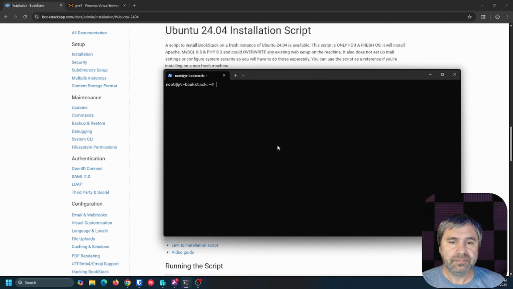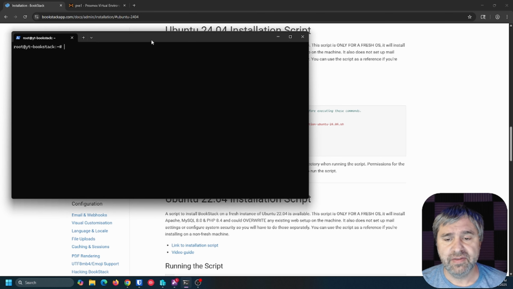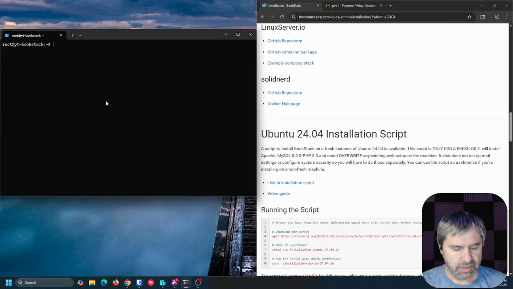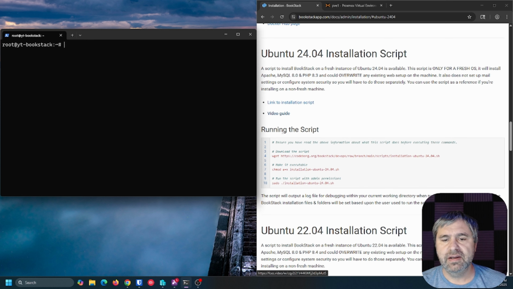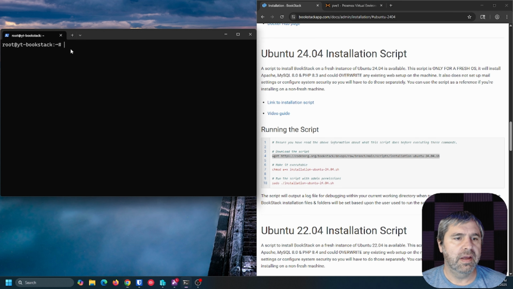So here I have an Ubuntu that I've already set up. It's just a fresh install. There's nothing special about it. And we're going to just run the commands, and then we will show you the web interface after that, and everything will be great. I am also going to increase its size a little bit so you get a little bit bigger text on this operation. So again, we're going to take this first part right here and copy it,